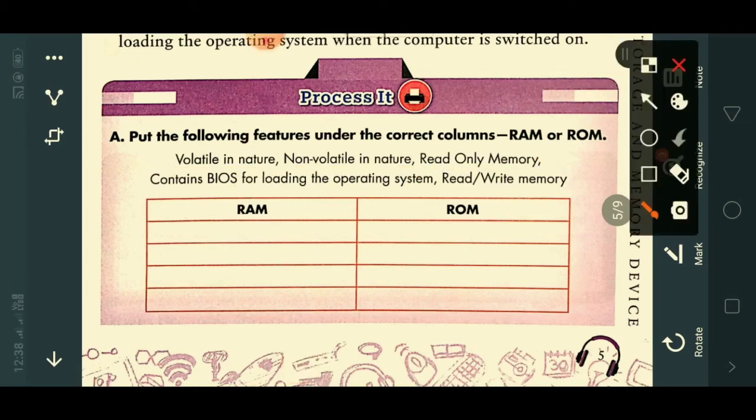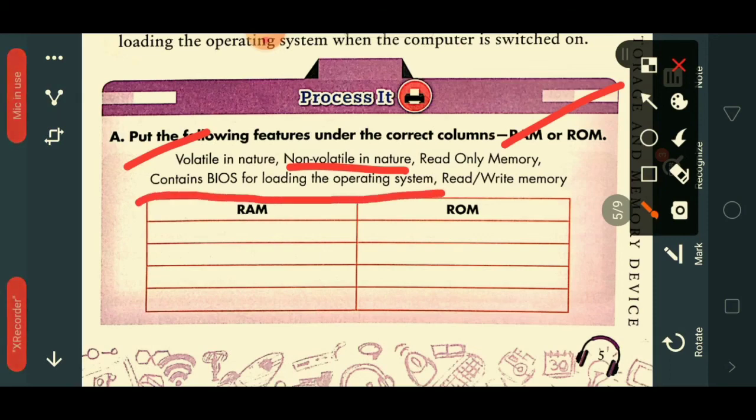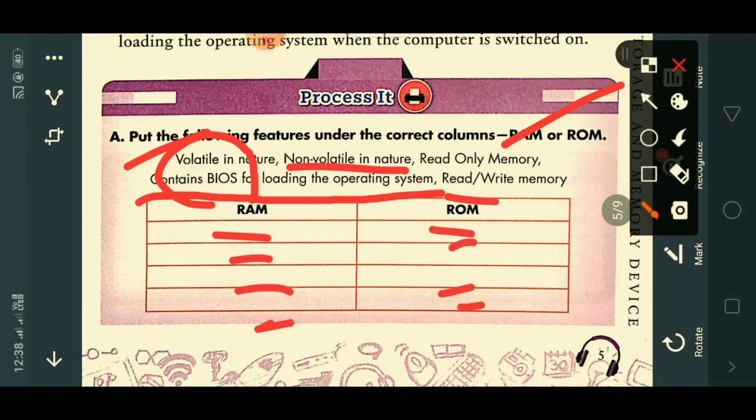Volatile in nature: which memory is volatile in nature? And non-volatile in nature: which memory is non-volatile in nature? Read-only memory: which is the read-only memory? And contains BIOS for loading the operating system: which memory contains the BIOS, basic input output system? You need to write below. And read or write memory: which is that read or write memory? List here and